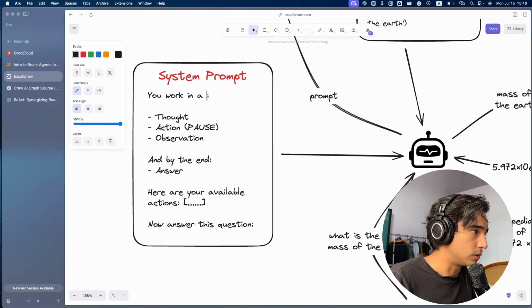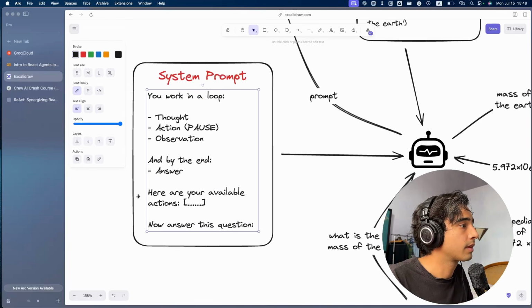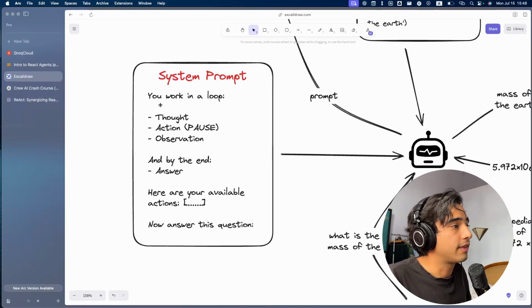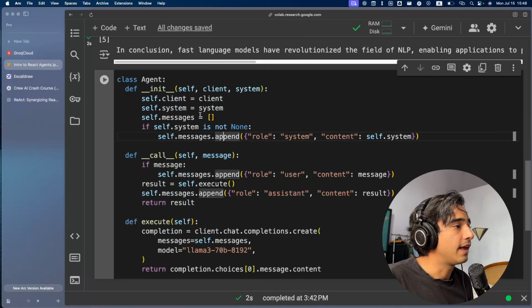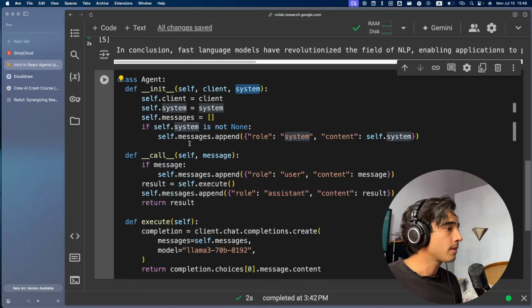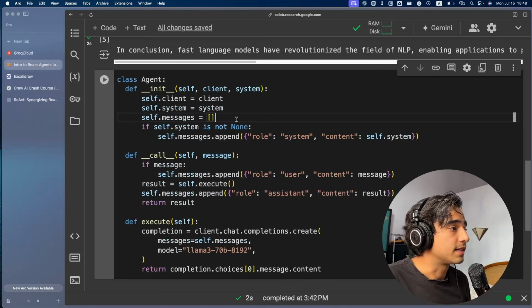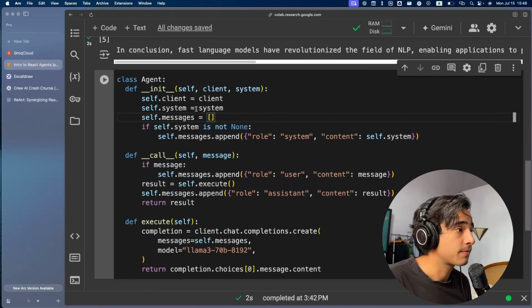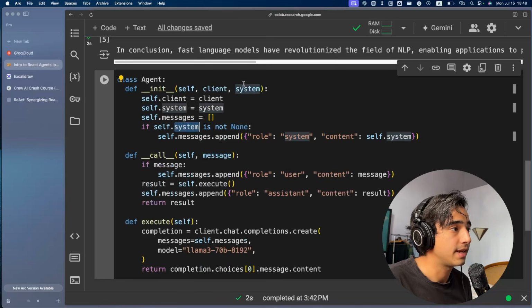You work in a loop of thought, action, observation, etc. And that is the system message that we're initializing right here. We're going to be writing that in a moment. Then we're going to be creating this list of messages, and if there is a system message in here, meaning it's not empty, we're going to append it to our list of messages as